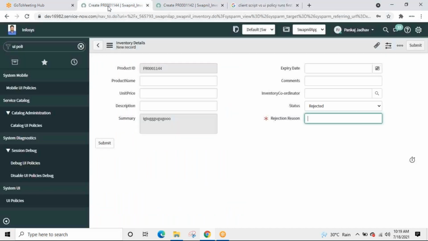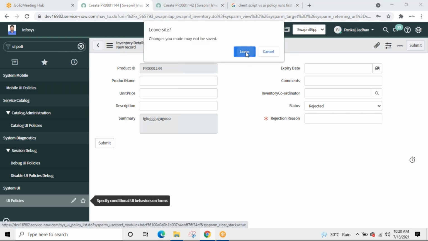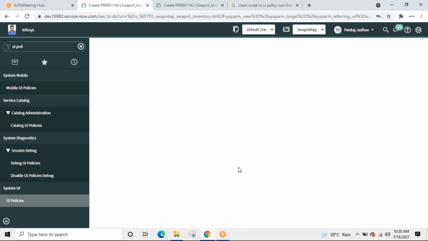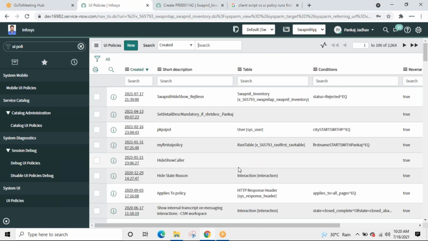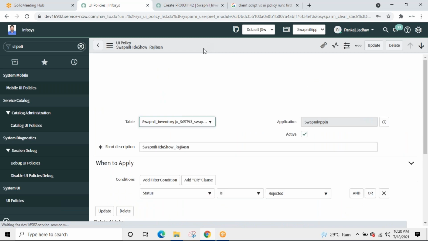Okay. Going back, we saw an example of a UI policy. Now, there is something similar to UI policy, a data policy. We don't get to use it that frequently, but it is always good to have knowledge about it. So if I have a UI policy, at any point of time, I can convert it to a data policy. But before that, what is a data policy?